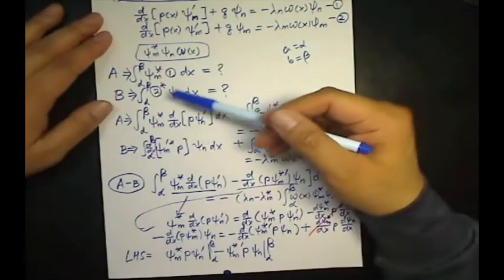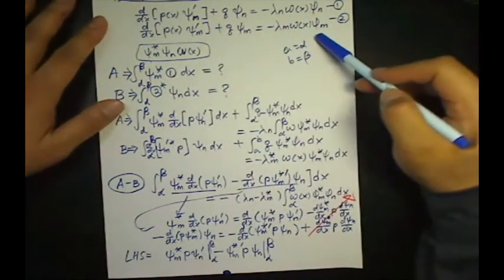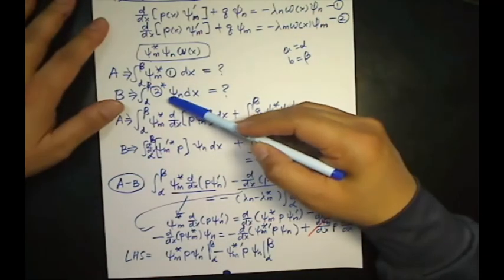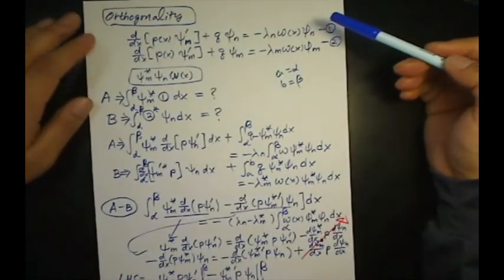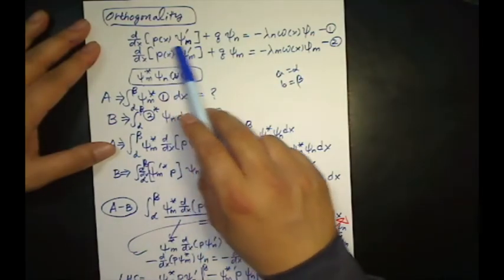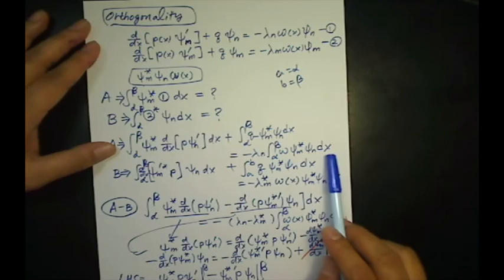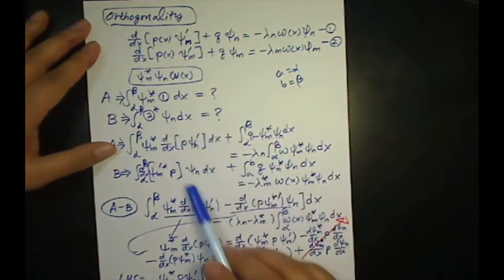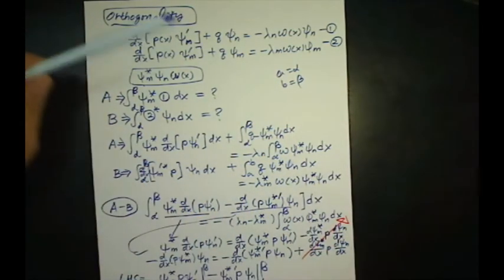And then the second equation is: take the complex conjugate of the second equation and multiply by psi n to the right side and integrate in the same region. We rewrite a, the left side of a is this, and the right side of a is this. Right? And the second one, complex conjugate and multiply with the psi n. We find that these two,